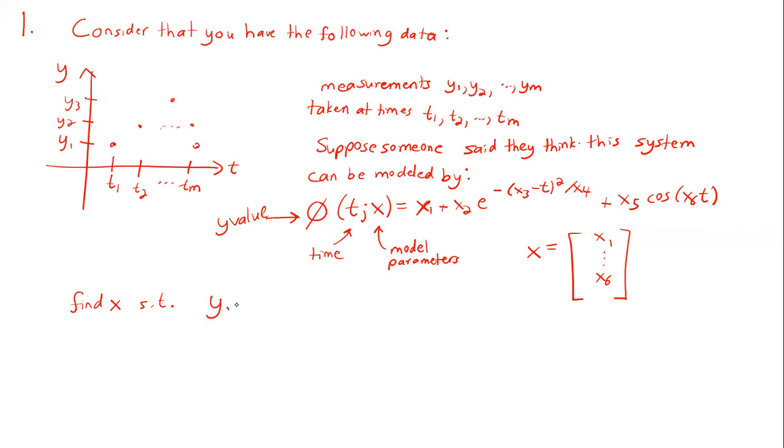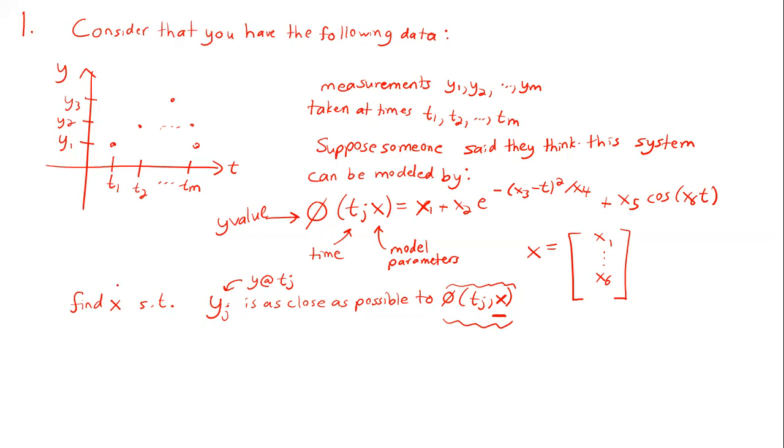And I want to find the parameters in this vector x such that yj is as close as possible to phi of tj with this x. So yj, which is the y at tj, is as close as possible to what the model predicts here. So this is essentially my predicted yj value at time tj with the model parameters at some x, that is what I'm going to try to find, so that when I use those model parameters x here, this phi is going to give me a really good approximation of yj